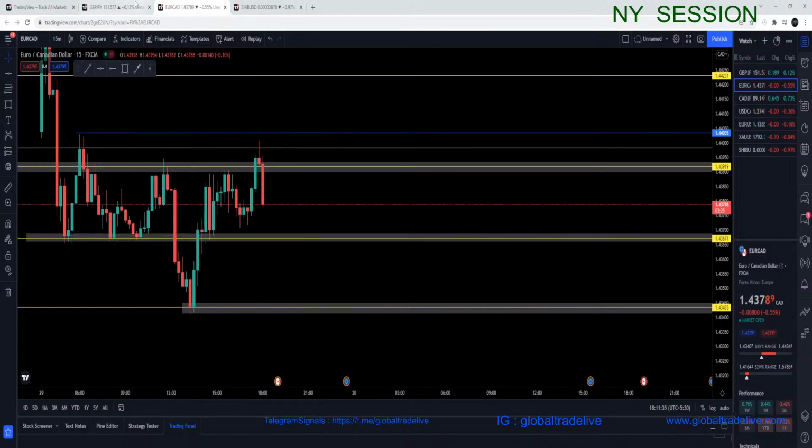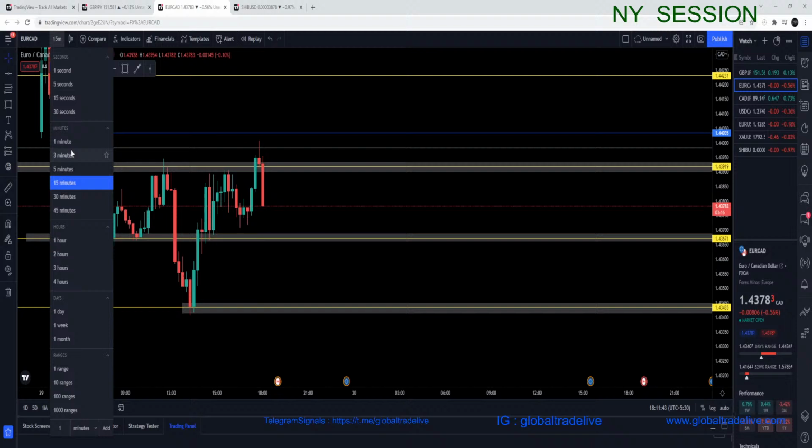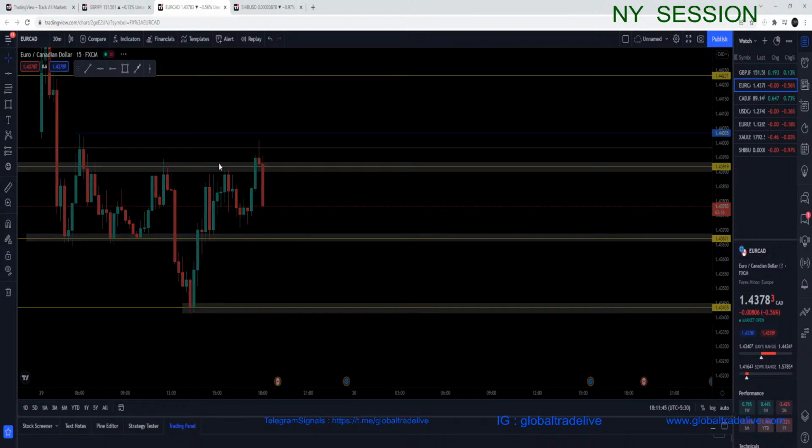So let's see if we get a candle closing below this area, because now this becomes a fake out. I think, yes, this becomes a fake out in 45 minutes or 30 minutes. So yeah,